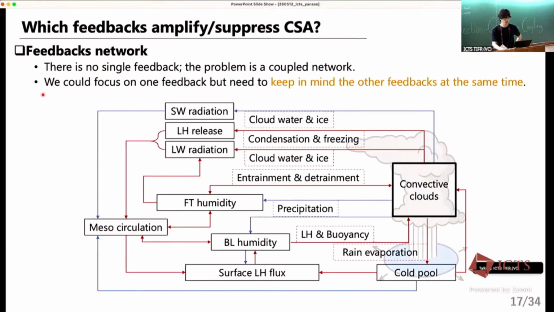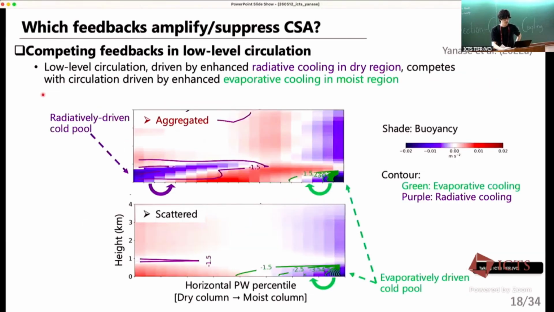That's my point. And this is one example why we should care about positive feedback and negative feedback at the same time, because the onset of self-aggregation can be understood by the competition between positive feedback and negative feedback. Here is again the comparison of aggregated case and scattered case. And the horizontal axis is